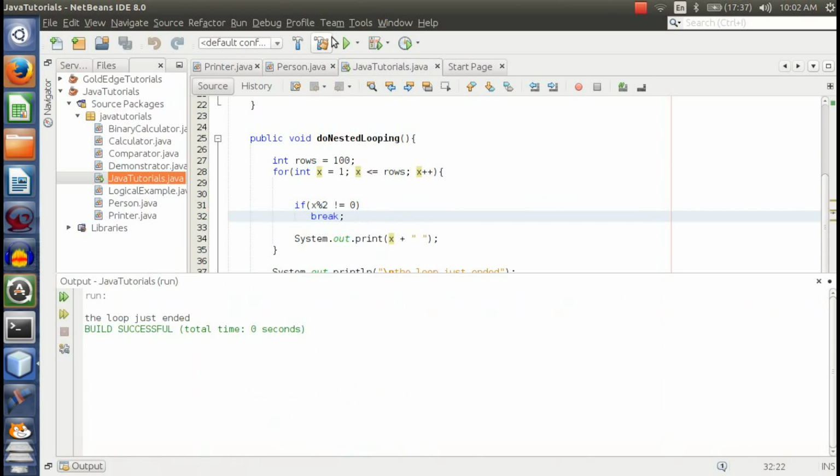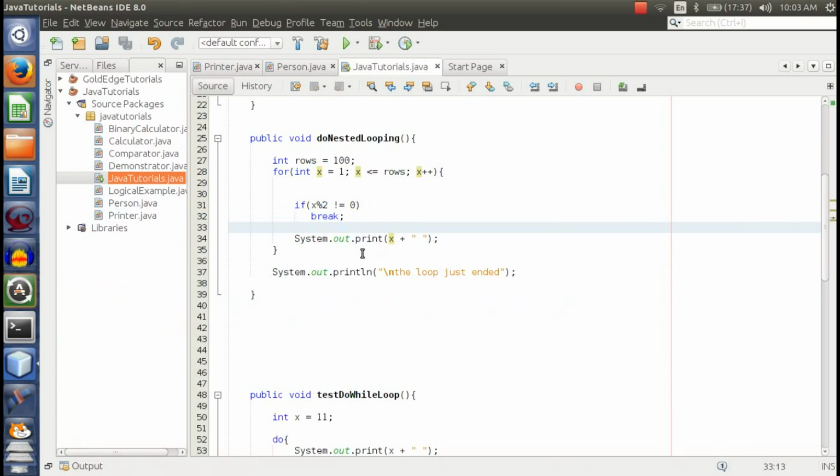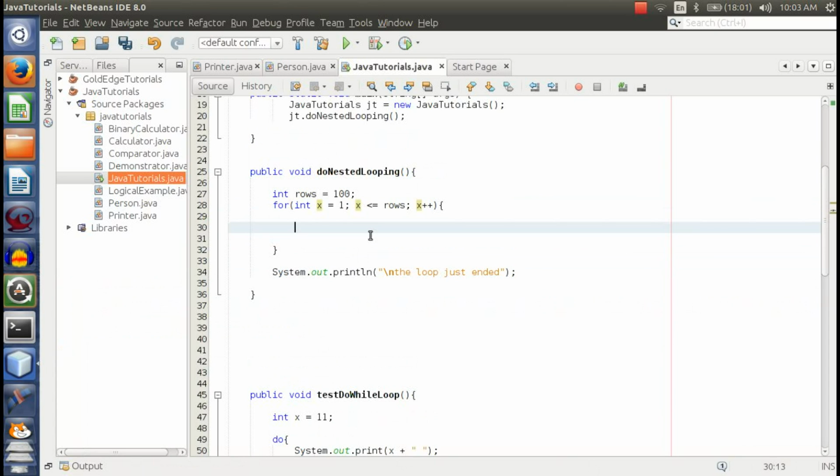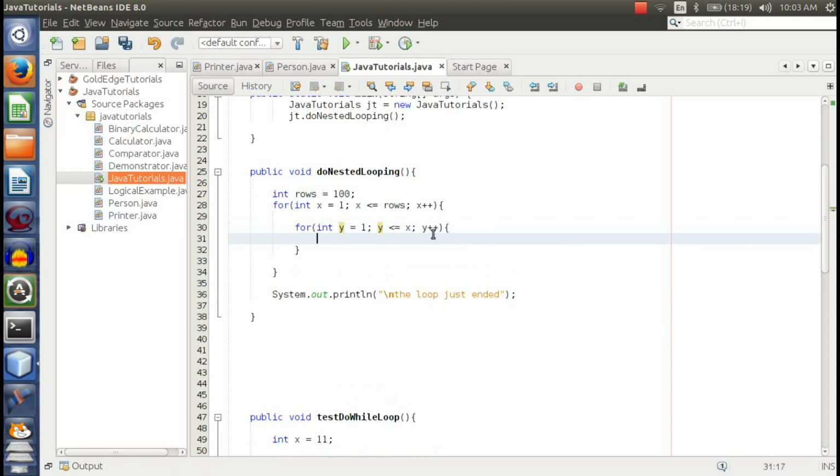Good. I'm sure that is pretty straightforward. And one last thing I want to show you is using the break statement with nested loops. So I would put back my initial for loop that I had here. Int y is equal to 1, y is less than or equal to x, y plus plus, and